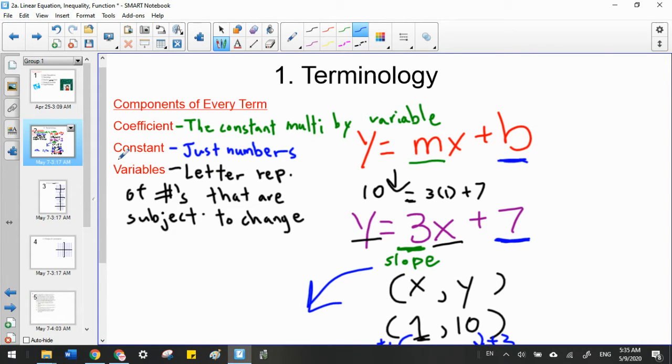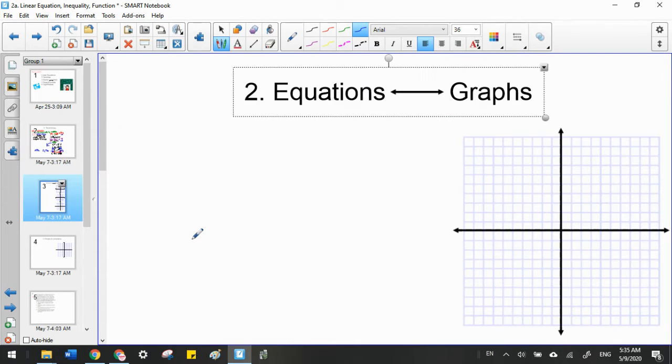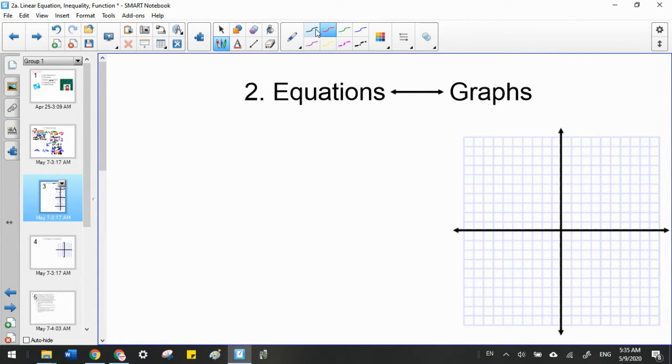So now let's talk about some graphs and how equations relate to graphs and how graphs relate to equations, as well as the 3 options that we actually have for graphs. The 3 formulas we have to represent equations. So there are 3 main forms of linear equations to keep track of. You will see the slope-intercept form more than anything else, but as a rule of thumb, you should remember all 3. So the 3 types of linear equation you'll see are slope-intercept,